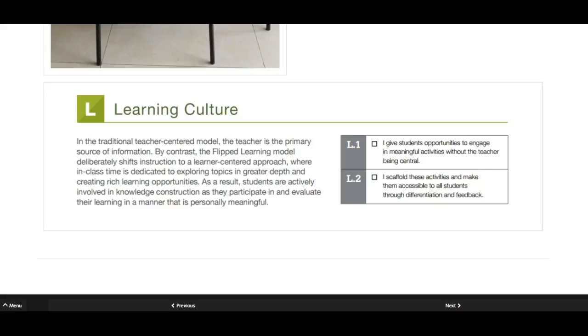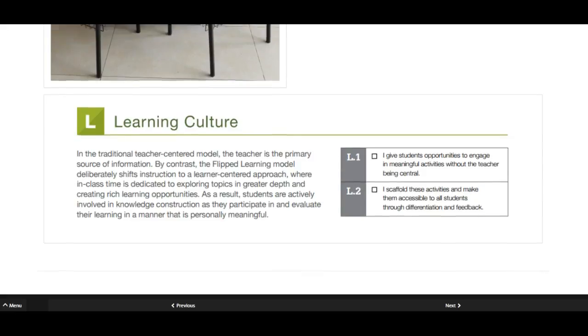So this allows us to create those environments. And that's how we know if our environment is flipped, not only blended, if our classroom becomes that space where all students equally can feel that their process is being paid attention to.